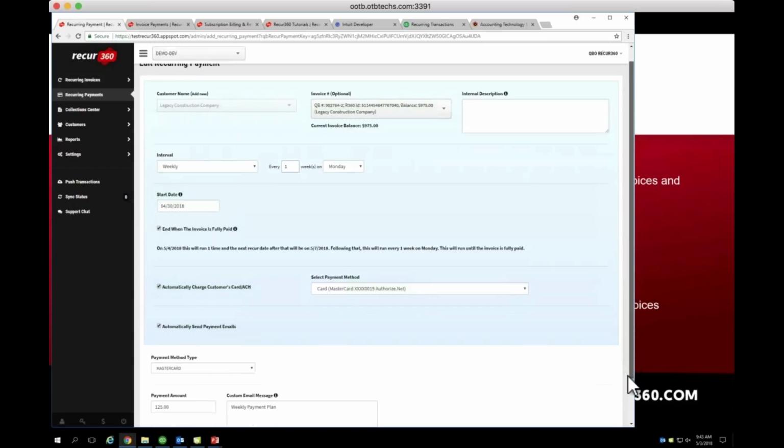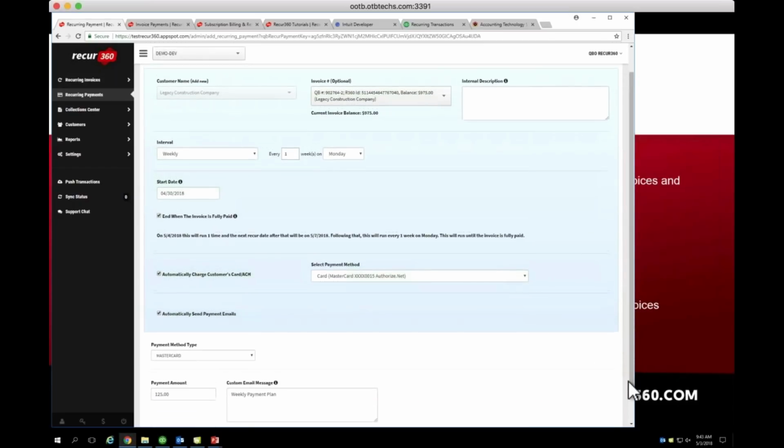And every time it processes, it's going to email the customer automatically the payment as well as the balance due remainder on the invoice, which again, you don't get in QuickBooks. It doesn't automate the emailing. You can't set a recurring payment inside of QuickBooks against an open invoice and then automatically email out a balance